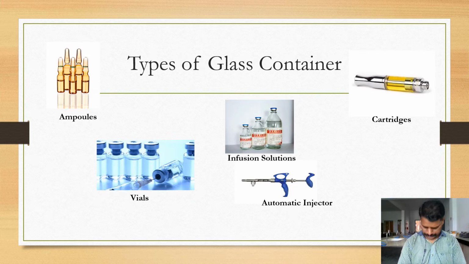See ampoules. Ampoules are single dose containers opened by breaking at the score line on the neck of the glass. This is the one line, of a different color generally used. This line is called the score line. Blue color, red color, white colors. These are the different colors. We have to break the ampoule at this point. So it is called a single dose container, and this line is called the score line.